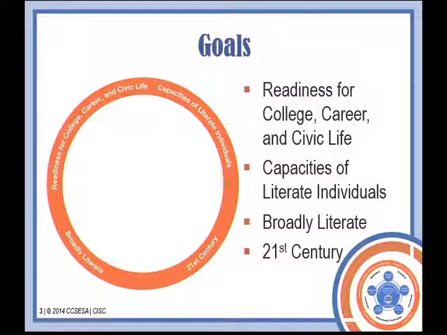By the time California students complete high school, they should be ready for college, career, and civic life, have attained the capacities of literate individuals, become broadly literate, and develop the skills for living and learning in the 21st century. You will see evidence of these broad goals woven into the framework. The overarching goals are readiness for college, career, and civic life, capacities of literate individuals, broadly literate, and 21st century